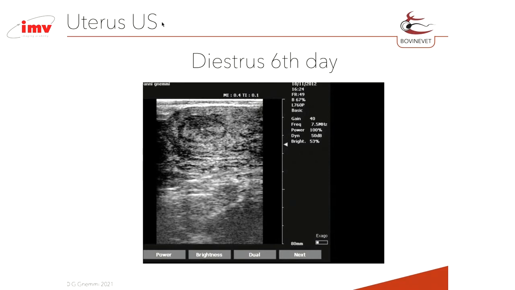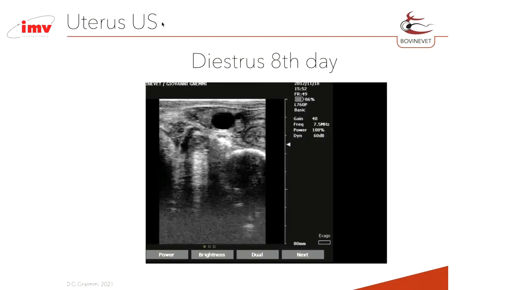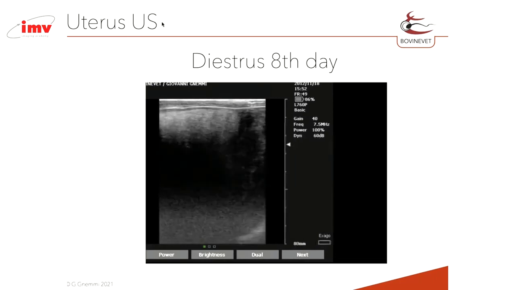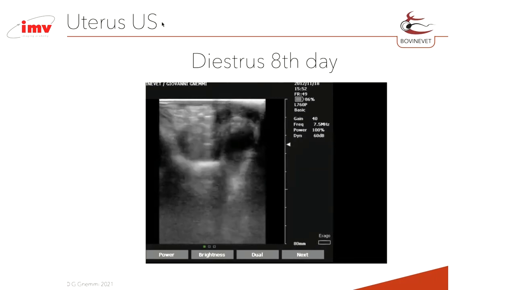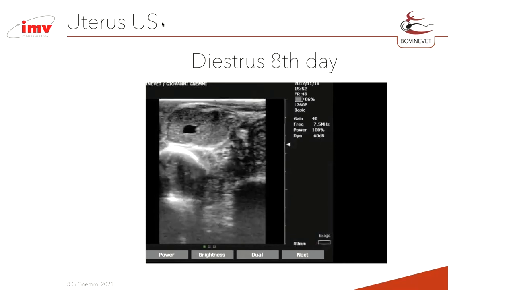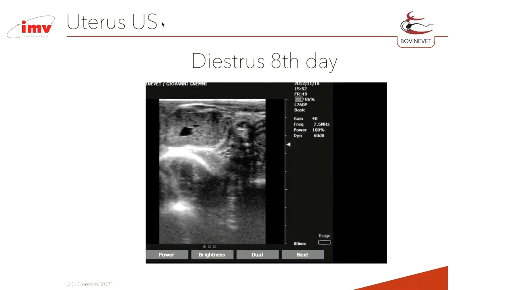There is a virtual space of the lumen, and the vascular tunica is very thin. Day 8: the corpus luteum is bigger, the dominant follicle is 15, 16 millimeters. In this case, you see that we have a cavitary CL. Attention, the cavitary CL in cattle represents 70% of the corpus luteum during the first 10 days of the